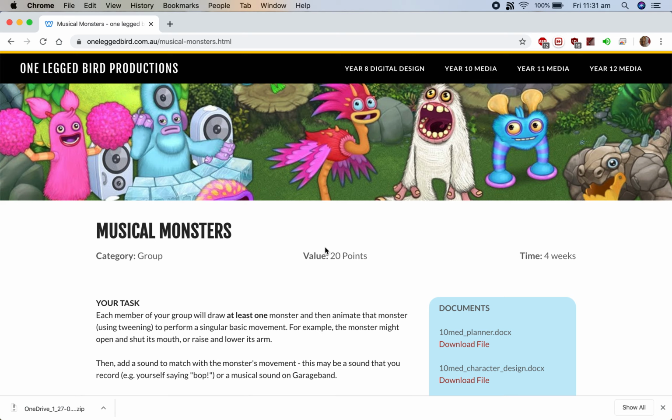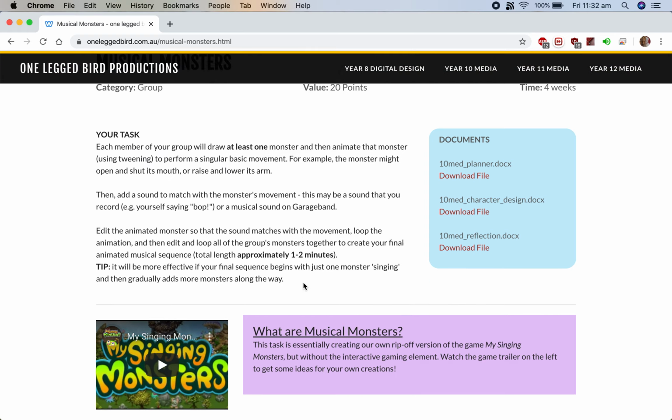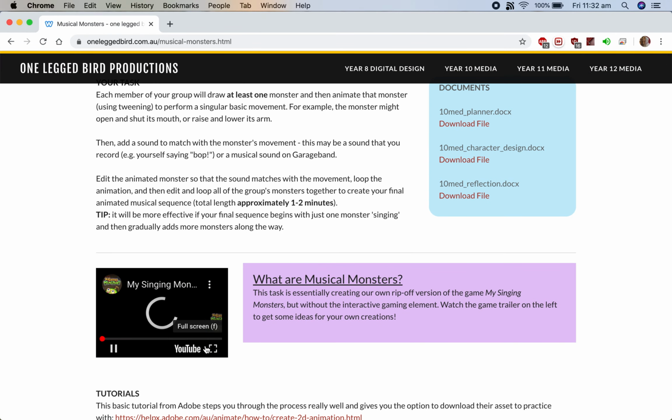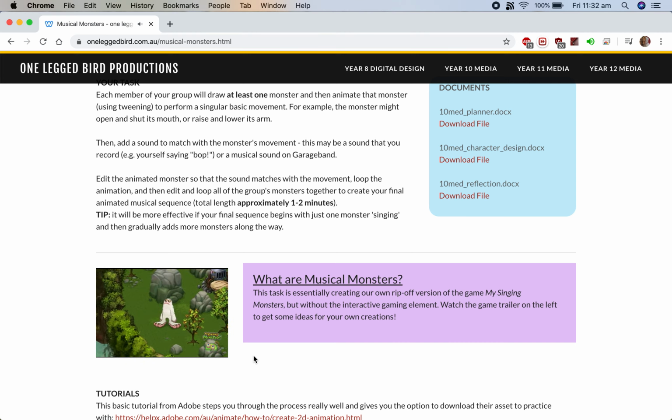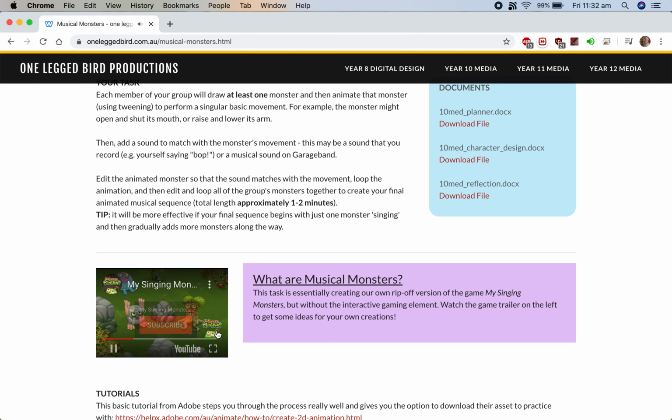All right. So I thought just in case some of you were thinking about doing this and weren't sure how to go about it, this is how I would do it. So singing monsters, if we have a look at this little thing here. It's this cute little thing where it was a game from a couple of years ago where each